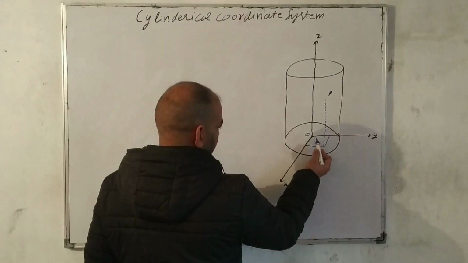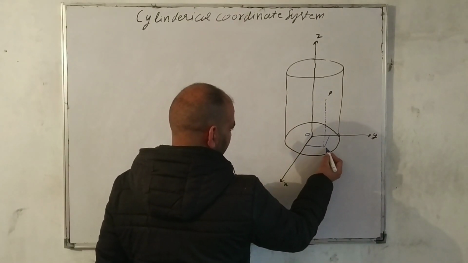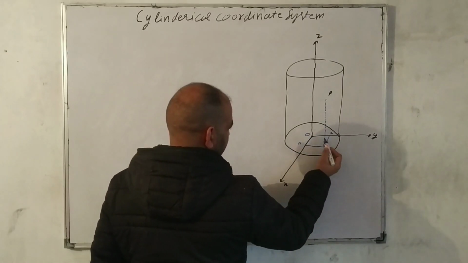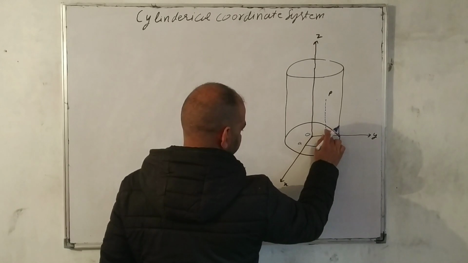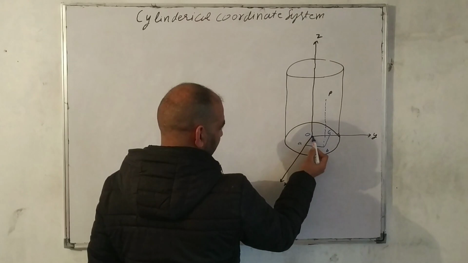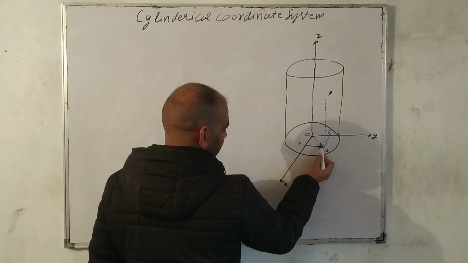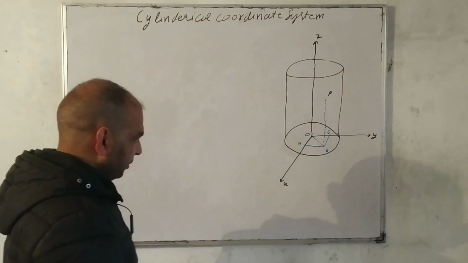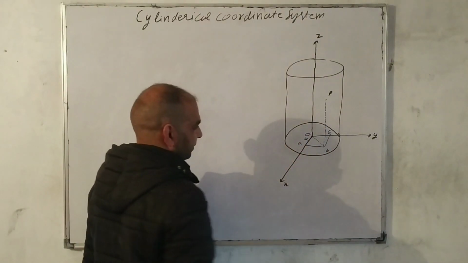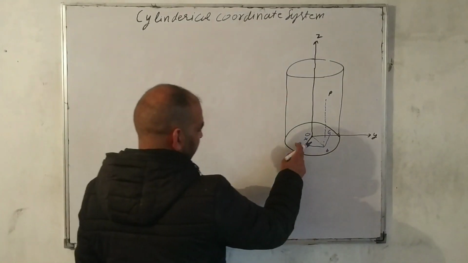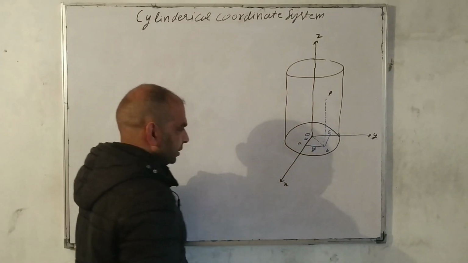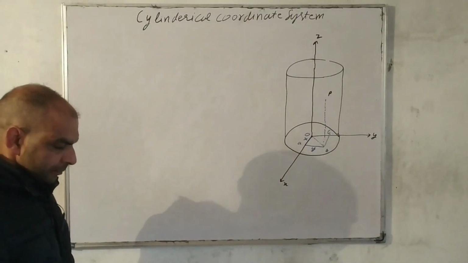So draw a diagonal meeting this point. Let this point be A, this is B and this is C. Let me write it a little bit bigger. This is C. So draw a diagonal OB. What will be the length OA? OA will be X. And what will be AB? AB will be equal to OC, so it will be Y. So we are assuming that it is Y.